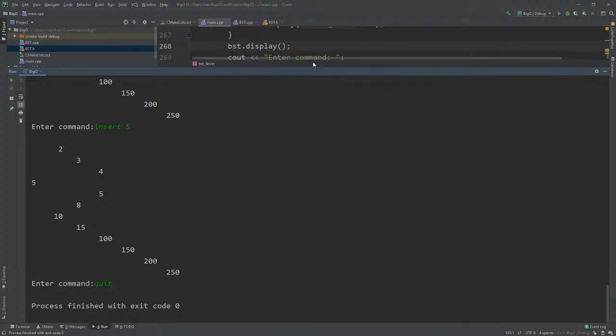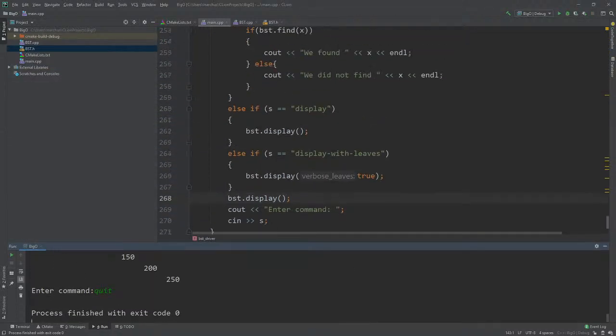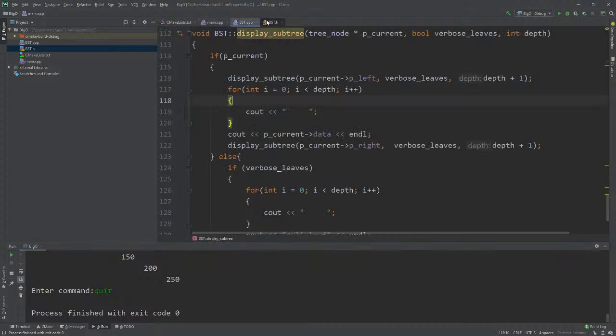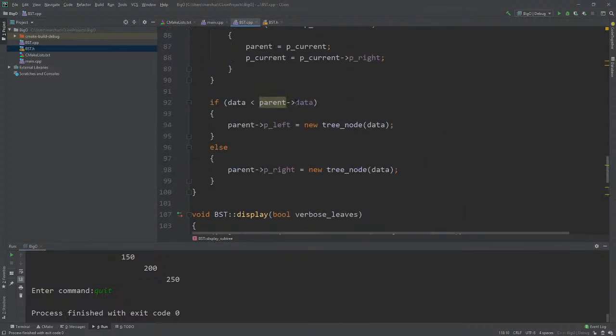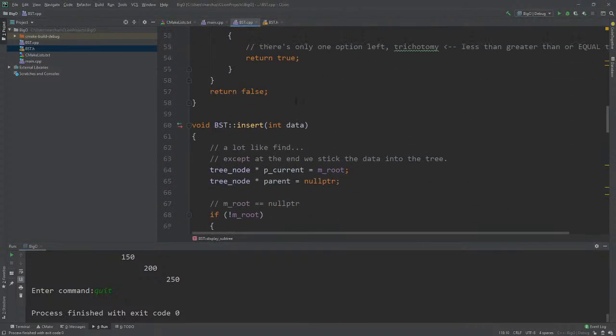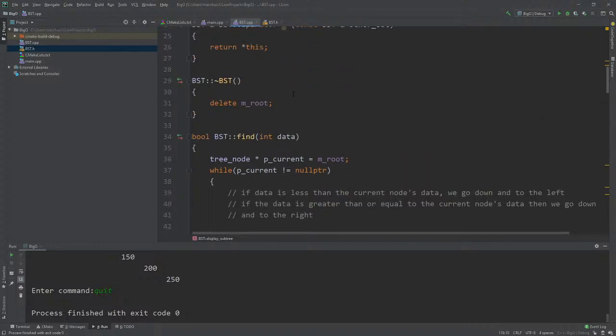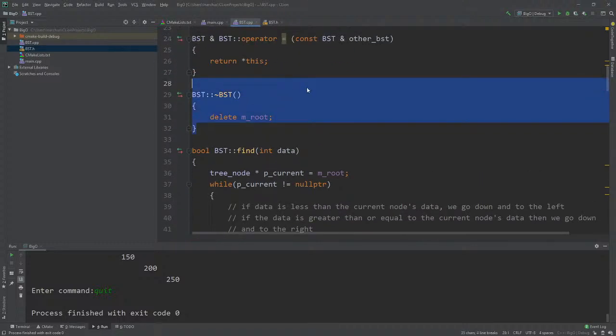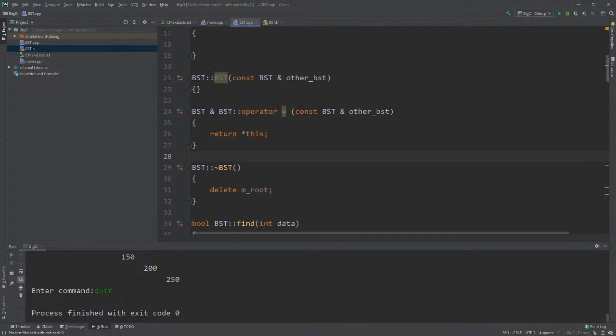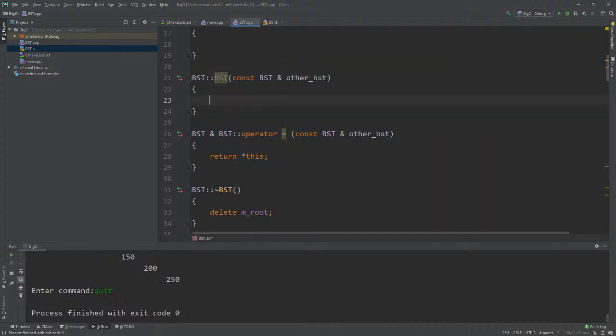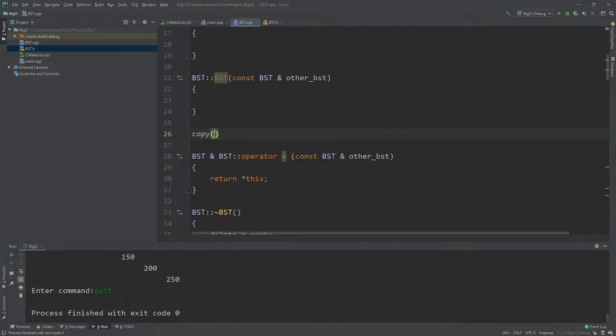Cool. So this is a binary search tree, right? And we've done a lot of stuff with binary search trees. We've inserted, we've found, and technically we've constructed and destructed. We haven't made copies yet. If you want to make a copy of a BST, a lot of times it's helpful to have a method,